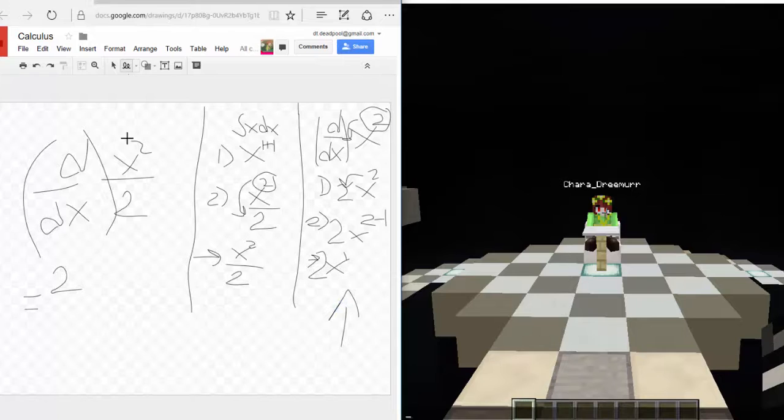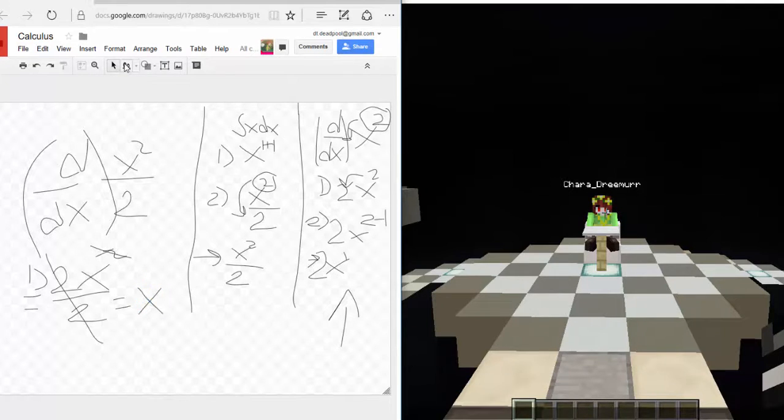Alright, wait, let me write this down on my paper. Wait to show you this. It's gonna be fun. You're gonna be like, what the heck? Okay, ready? So it'll be 2x over 2. That'll be the derivative. Which equals, simplify, 2x over 2. That will cancel each other out, right? Yeah. x.